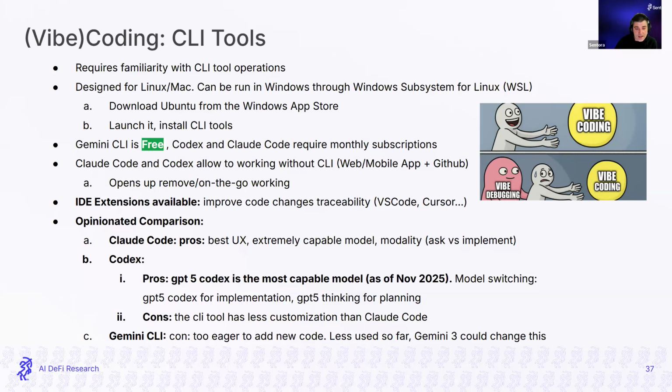And lastly, Gemini CLI. We still have to evaluate Gemini 3, which came out in the last couple of weeks, I think, last week. I think it's been used less. It was forked from Codex, if I'm correct. And it seems that on the first iteration it is too eager to add new code when it just needs to do some modifications that Codex would have picked up at the beginning.